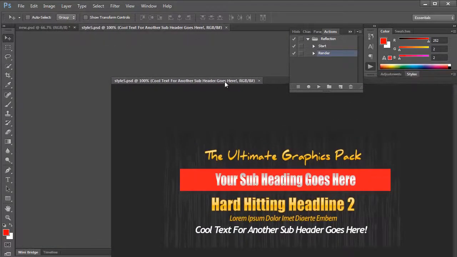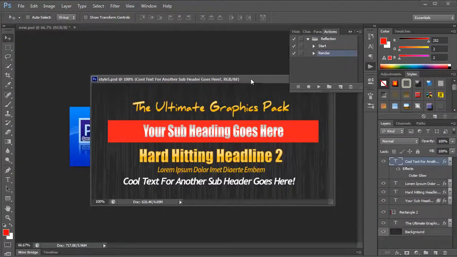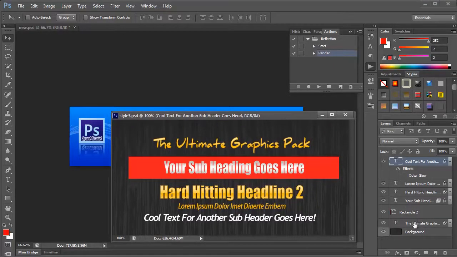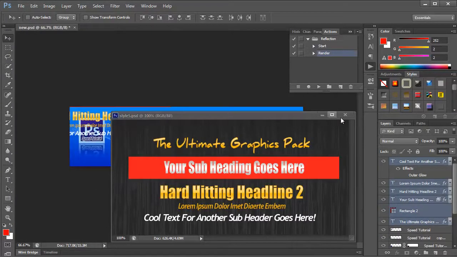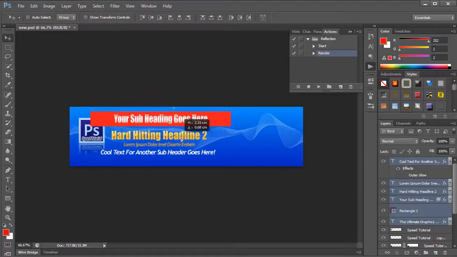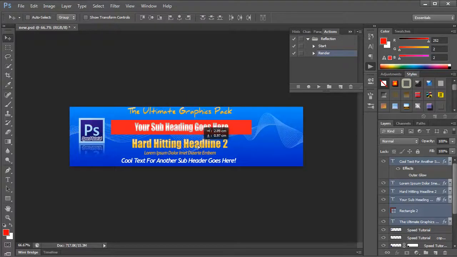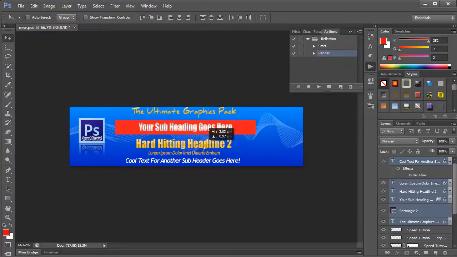And again, let's move it down here so I can see what I'm doing. And all I need to do is grab the layers that I want, which is pretty much all of them, except the background, and I'm going to drag those over here onto my main image. Let's get rid of that and move this to where I want. Let's center it up, make sure I've got it fitting just right, and move it around a little bit more,